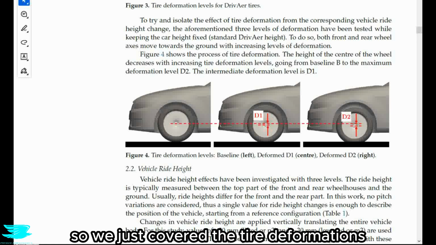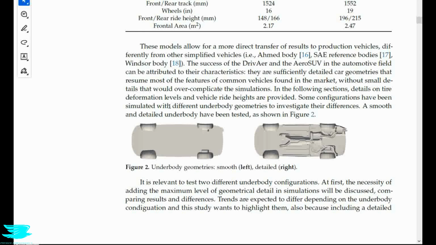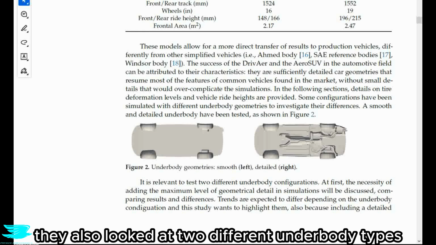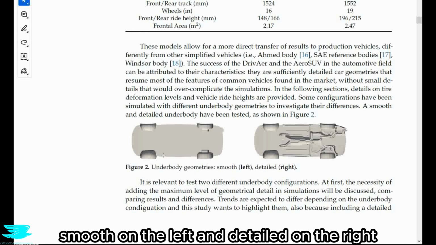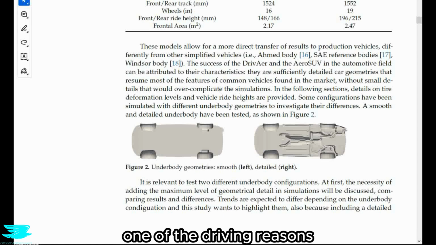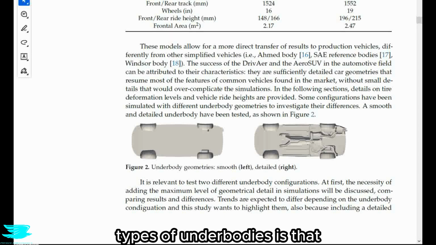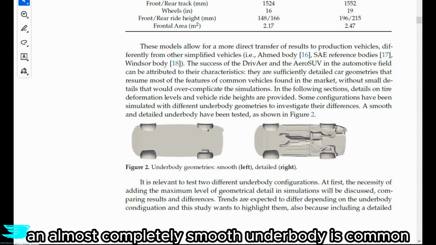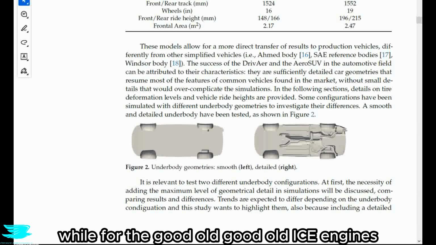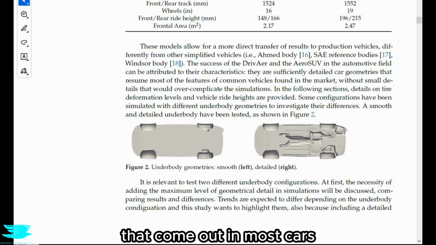So we just covered the tire deformations, then the height changes, and now in figure 2, if we scroll back up, they also looked at 2 different underbody types, smooth on the left and detailed on the right. Now, one of the driving reasons for looking at these 2 different types of underbodies is that for electric vehicles, an almost completely smooth underbody is common and becoming more and more common. While for the good old ICE engines, there are currently a few protuberances that come out in most cars, but